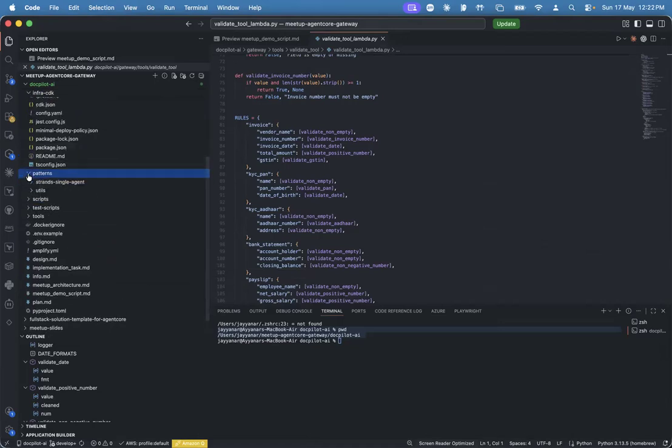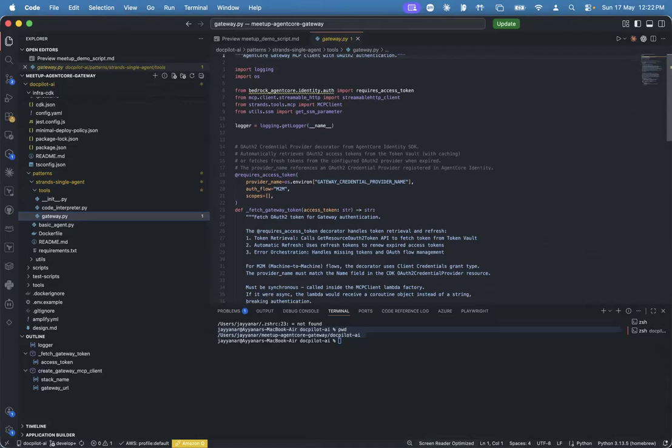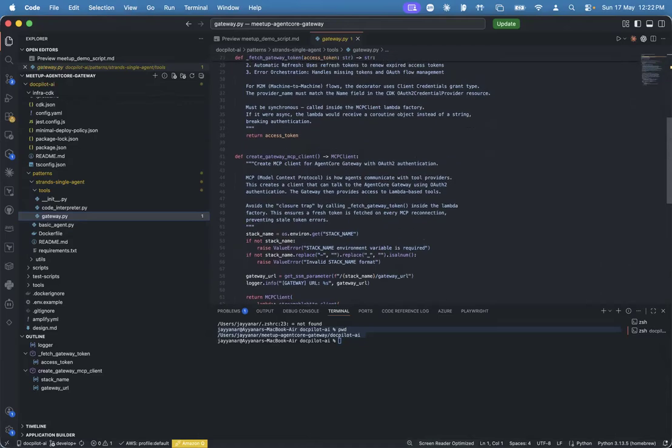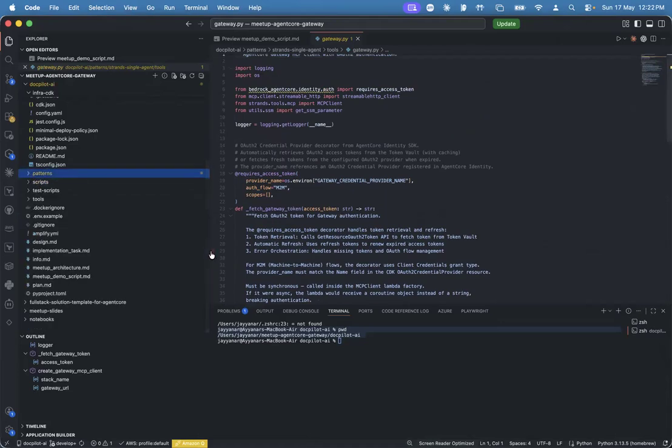All this agent information you can keep in a pattern, but here it is just calling that particular gateway and testing locally. All this translated code, when it is used, you can keep in the pattern. If you structure the code like this, it is easy for you to develop.